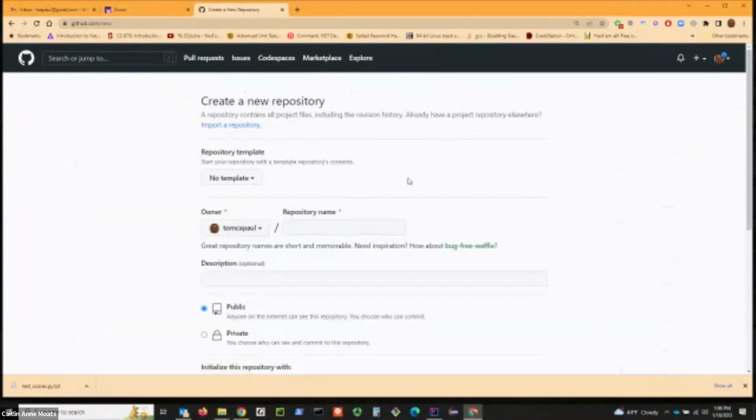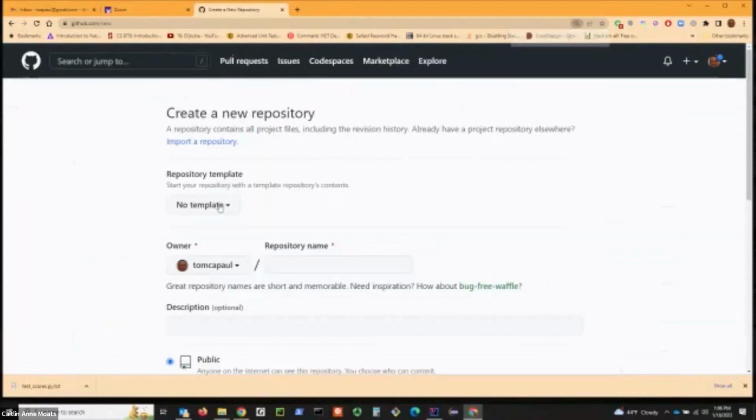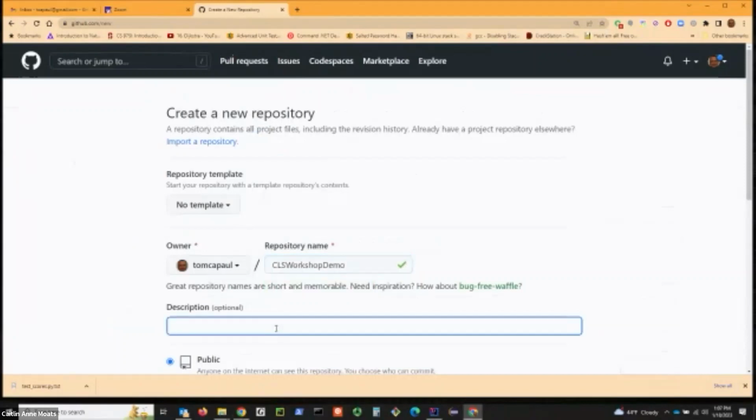And so it says, oh, you want to create a new repository and it has templates. We don't care about that. And so I'm going to do CLS workshop demo. And Git keeps track of what we're doing and it tells me, hey, that's available. Okay. And so I can give a description here and just say, this is a demo